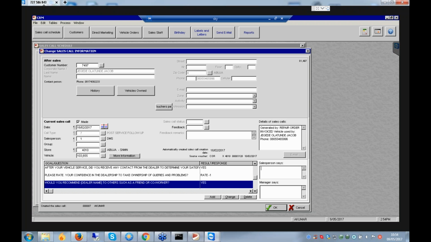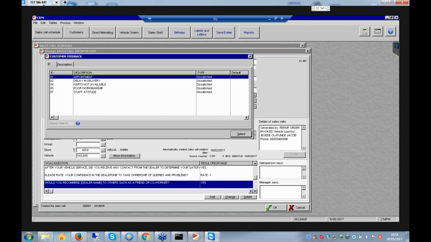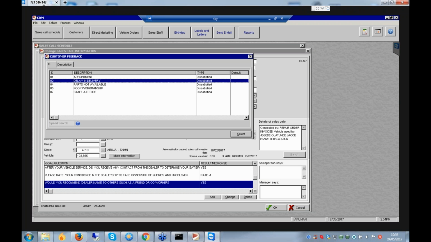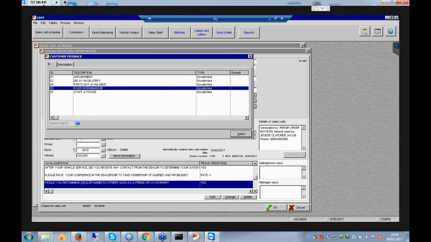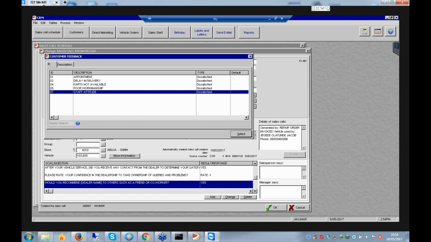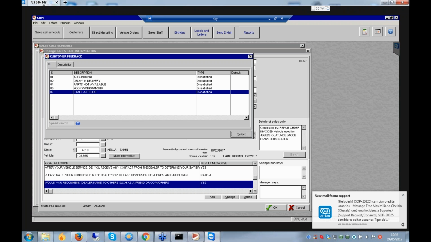Now this option is the feedback option. What is the feedback? The customer feedback that came is: the vehicle was delayed in the delivery, part was not available, poor workmanship or staff attitude. Add one more point. In the PSF survey, these reasons will come. Yes, this is the reason. We have given why the delivery was delayed. That will be as per the rating, as per rating or yes or no question.